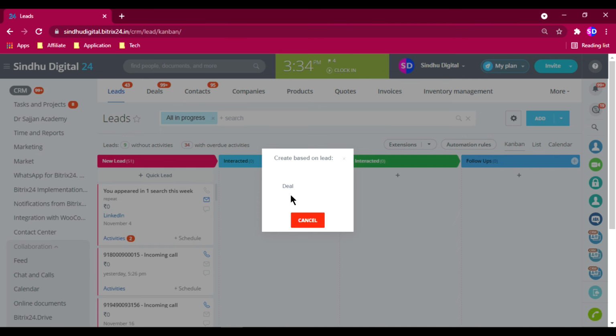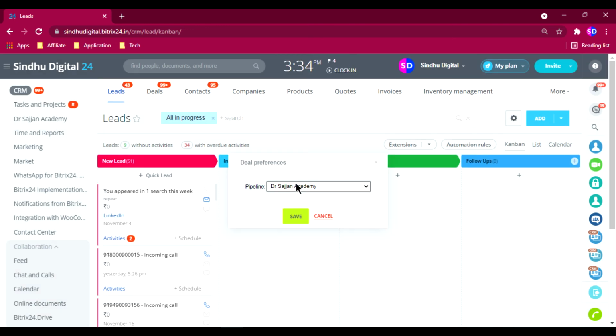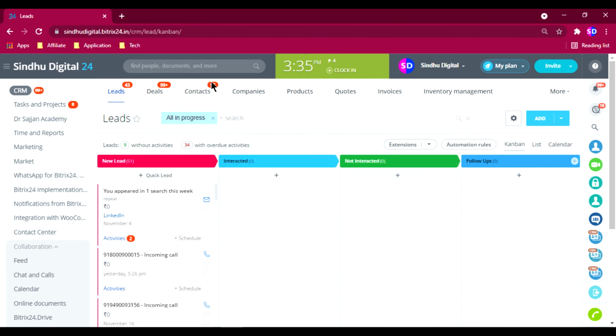Then it will ask what I should do, which means this should convert to a deal, right? So I'll click that lead, and it will ask which pipeline I should send this lead to. I'll show you in the deal stage.